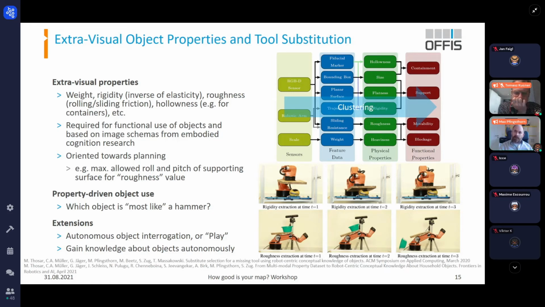But the main thing is, of course, that in traditional object recognition, we would like to apply a label to a specific point or an object geometry, right? So in this work, we try to go away from that, to not have to use labels, but rather use these extra visual properties to be able to match